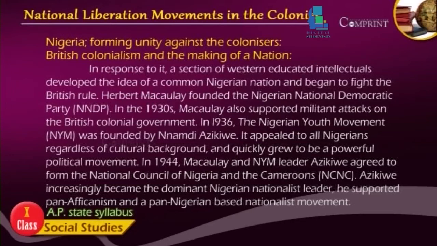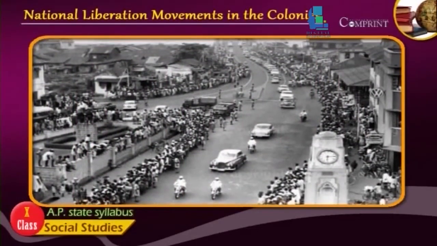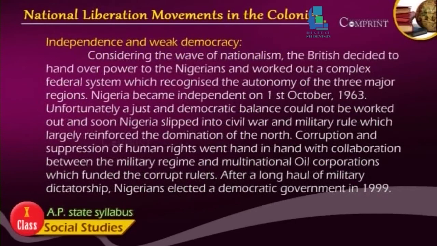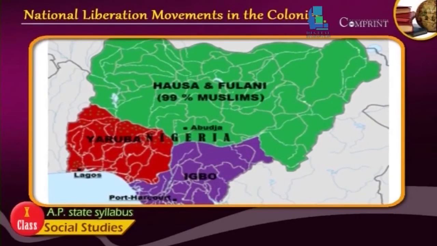In 1944, Macaulay and NYM leader Azikiwe agreed to form the National Council of Nigeria and the Cameroons, or NCNC. Azikiwe increasingly became the dominant Nigerian nationalist leader. He supported Pan-Africanism and a Pan-Nigerian based nationalist movement, independence and democracy. Considering the wave of nationalism, the British decided to hand over power to the Nigerians